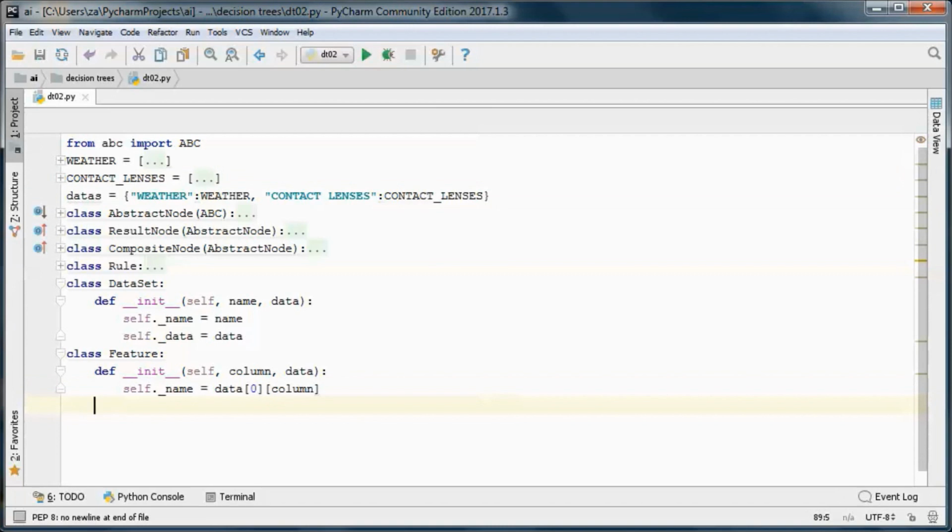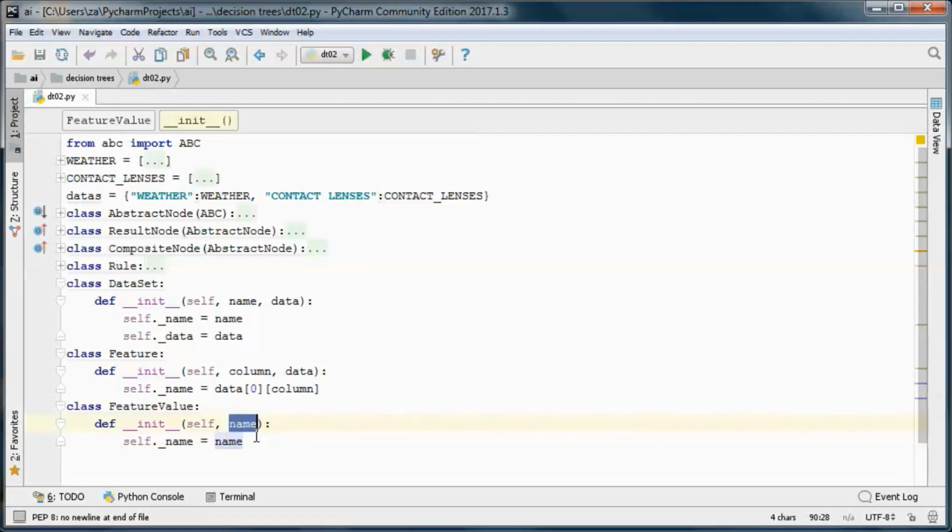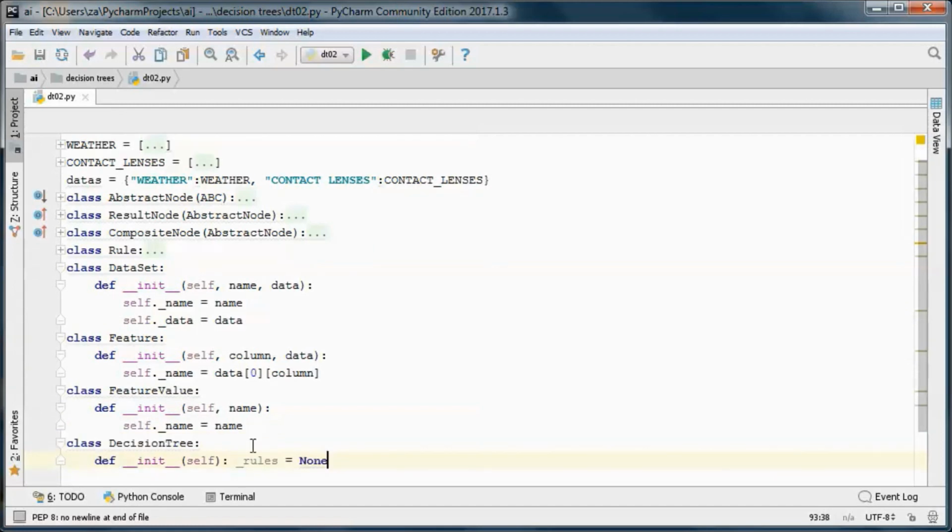And this class will represent a feature value. So this is the name of that value in a feature. And this class will contain the decision tree logic, so it will end up containing a list of rules that are generated.